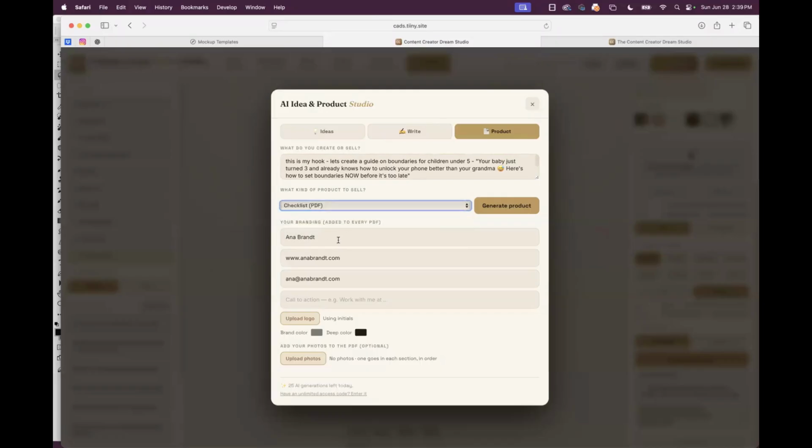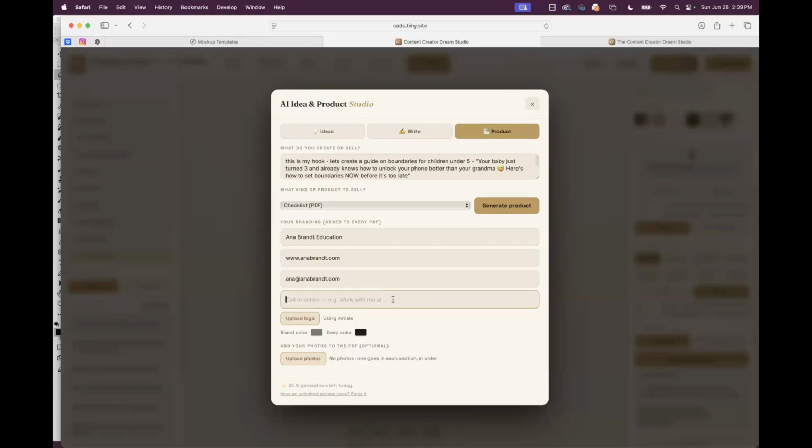You can put in your brands. Am I going to do this under Anna Brandt? Or maybe I put this under Anna Brandt Education, but I also teach summer camp. So then I'm thinking, if I really want to market summer camp more, I can create a whole book for my summer camp on, okay, your kid just went to summer camp, how to foster that inner photographer child that you have. Or if you homeschool, the other day my client was saying she's homeschooling. If you garden, whatever, whatever.